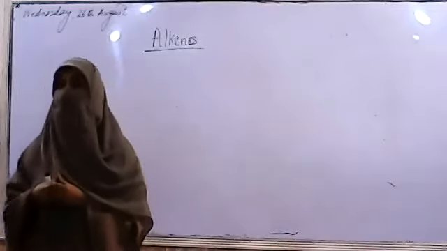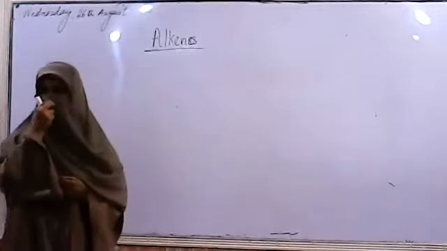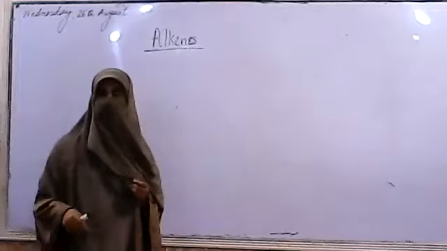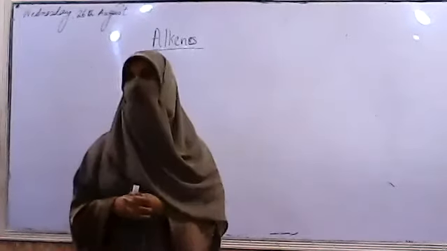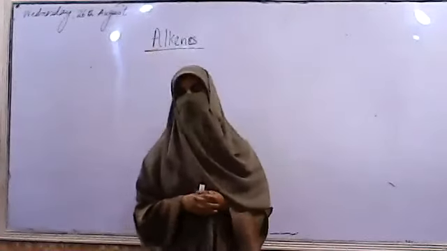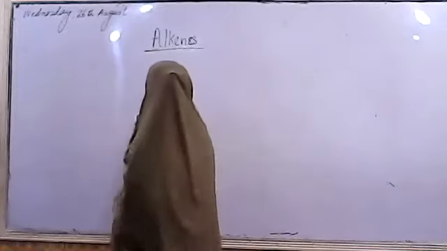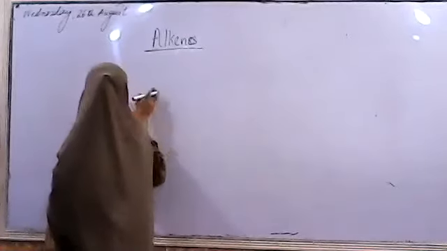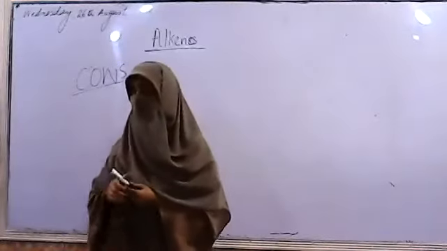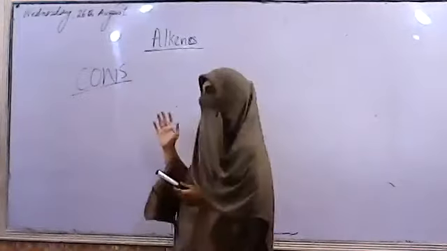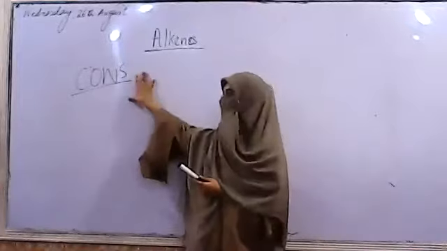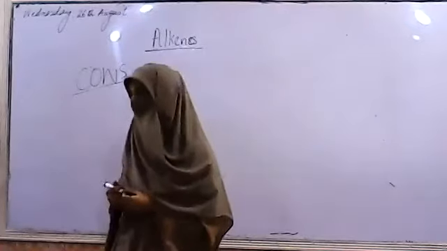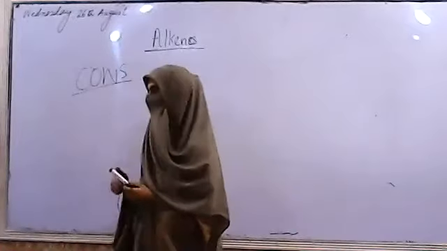We studied some of the basic physical properties. We studied the phenomenon of isomerism, and we also studied the mechanism of reaction along with the addition reactions of hydrogen and halogenation. Now, moving further, we have to discuss some points today. We studied the point of COWS, which shows us the basic physical properties, that is color, odor, weight, and solubility. And we studied this for the first member, that is ethene. Now we have to move further.